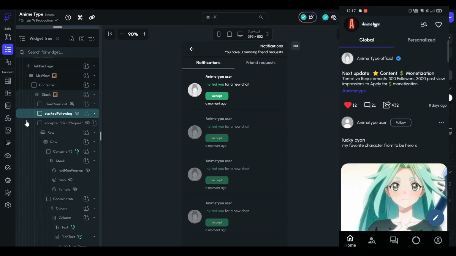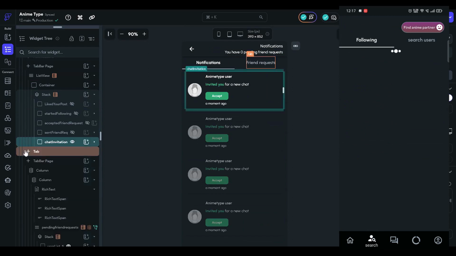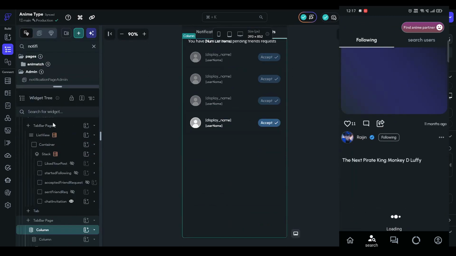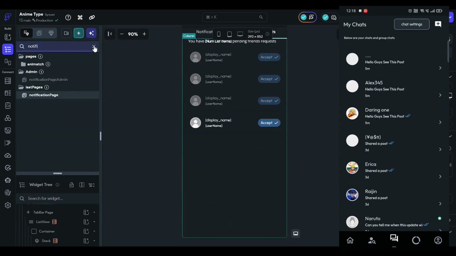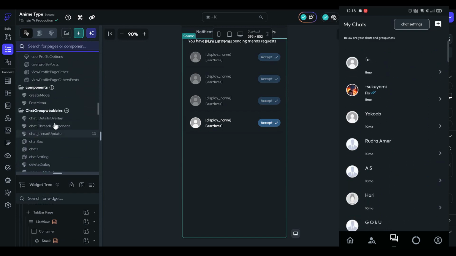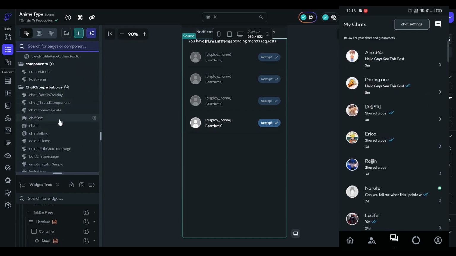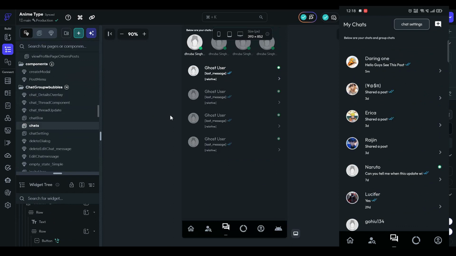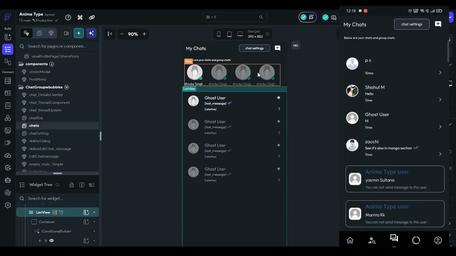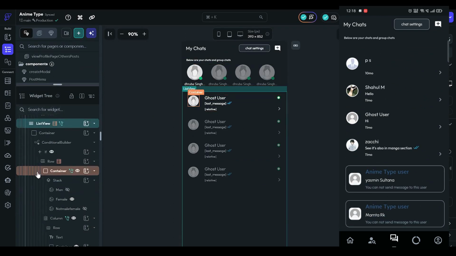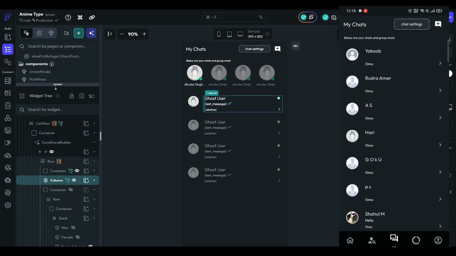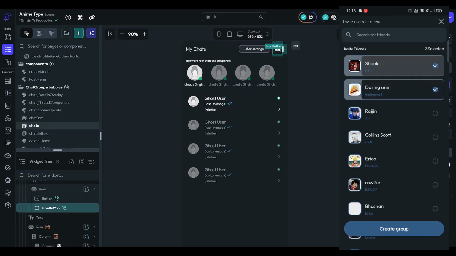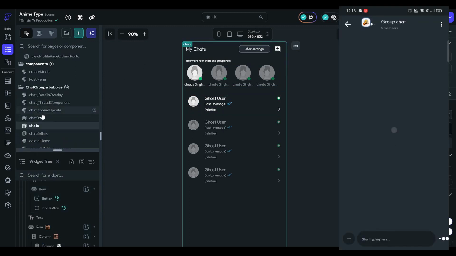Now let's move to the search option. You can search posts easily. This is the admin notification section, where people can send friend requests, like your posts, or comment on them. You can see friend requests directly in your notifications. You can visit profiles and accept requests from here. Once accepted, the other person will get a notification that their request was accepted.